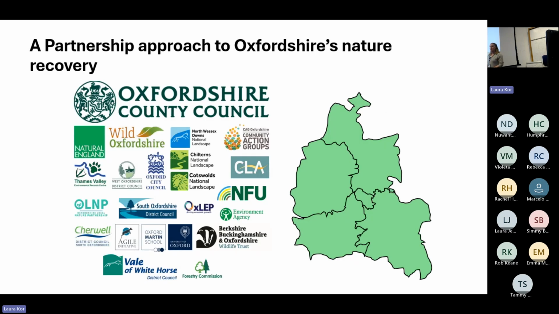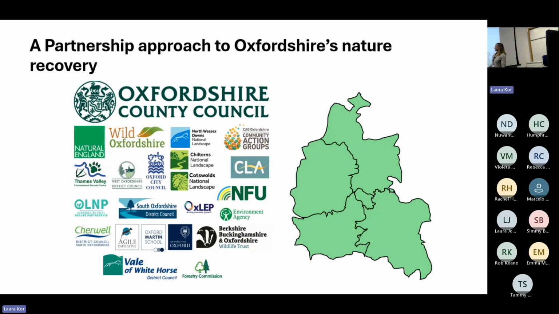So to make these decisions about those areas, those priorities, those species, then we're working with all these different partners. So it's district council, city council, we are the county council sitting on top of that, but doing different things. And then we have Environmental Records Centre. We're led by information from Natural England and DEFRA. Then we've got the land use organisations, particularly focused on farming and rural businesses. So the CLA, the NFU. We've got Oxlep representing enterprises and business, community action groups.